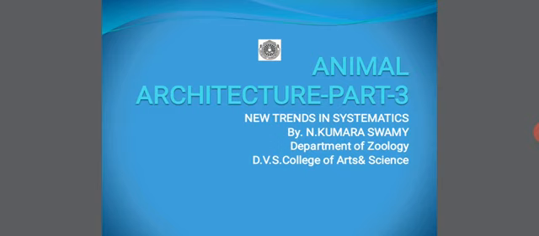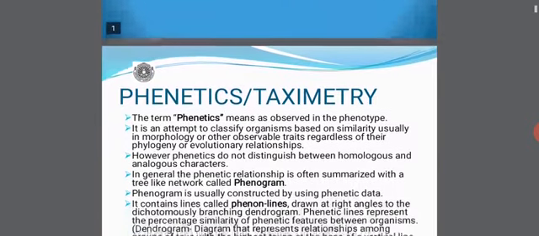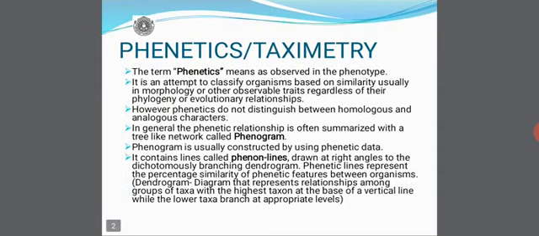It's Kumara here again. In the previous class, we discussed some of the aspects of animal architecture. So today is the continued part of the same chapter, particularly with reference to animal classification, especially the principles of animal classification. Under this, we have already discussed basic aspects like the outline of kingdom Animalia, binomial nomenclature, international rules of zoological nomenclature, and today let me go through a new topic for you because you have not